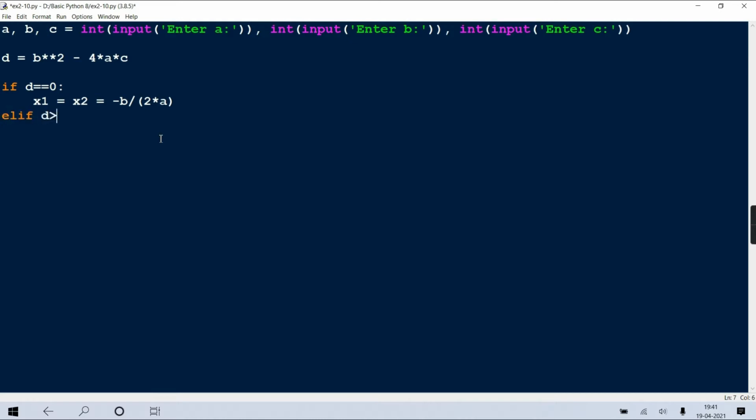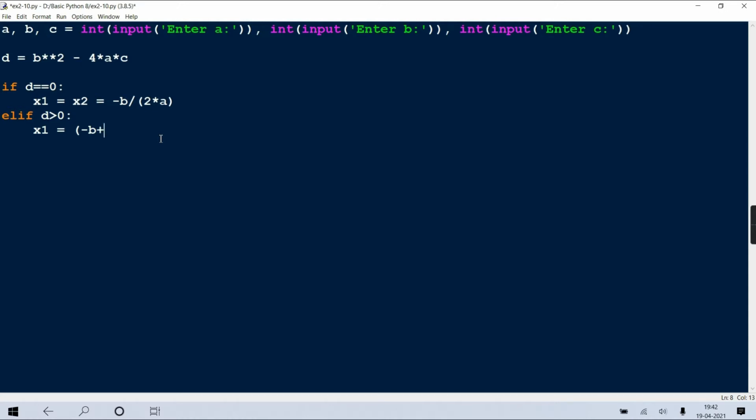Now elif, if D is greater than 0, then the first solution is minus B plus square root of D. To find the square root of D you can use the math module.